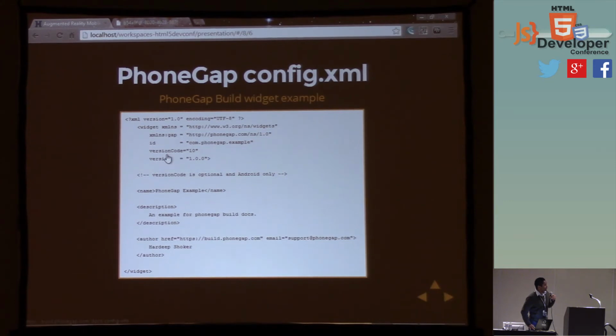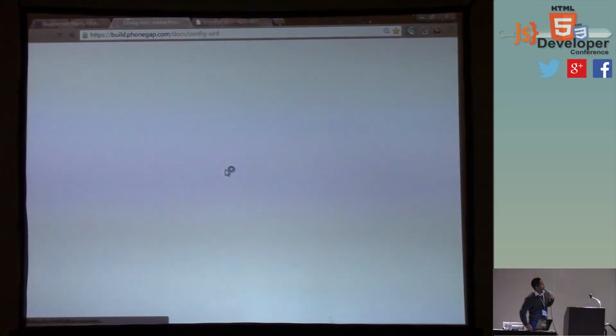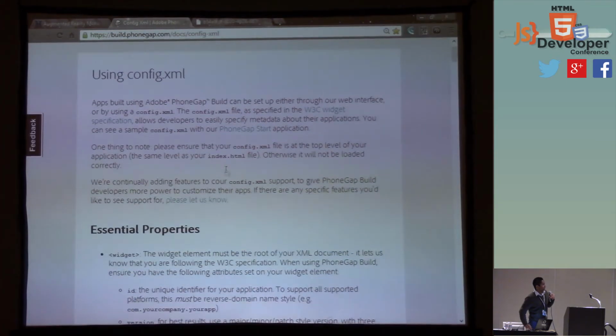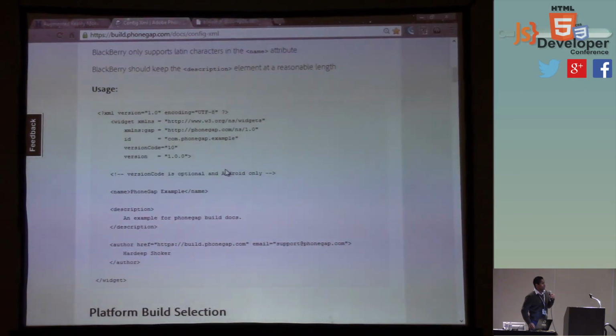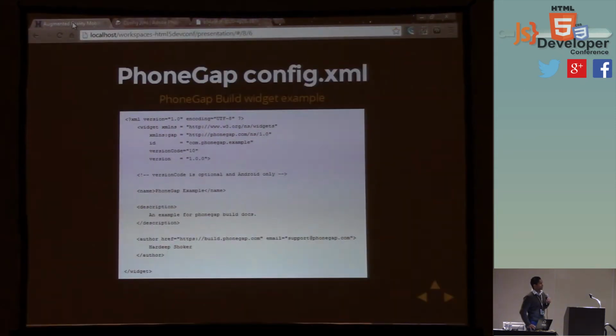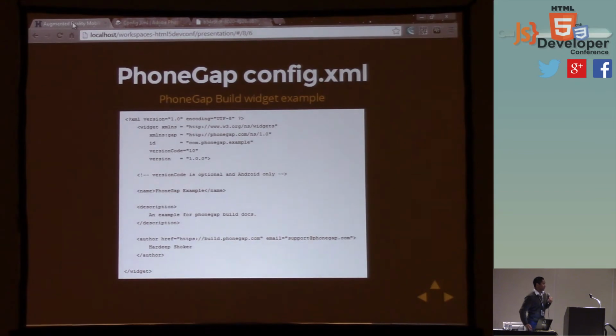I think that's more optional, and then the name of your application. And actually, this page comes from the PhoneGap website. If you look at this base example here, for Tizen, they're following the same format. BlackBerry Webworks, they're also trying to be compatible with the PhoneGap spec, and so that's 3 platforms right there that you can support.